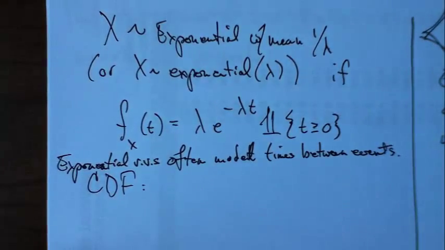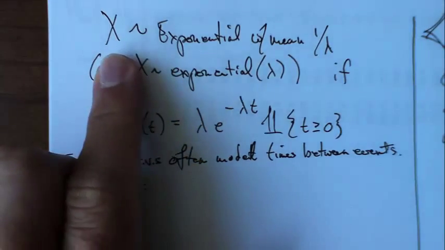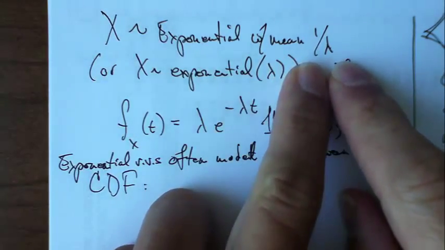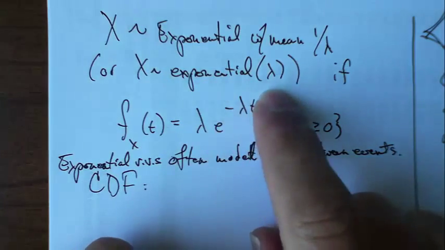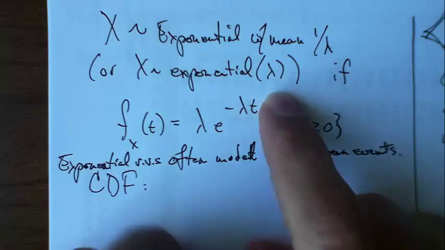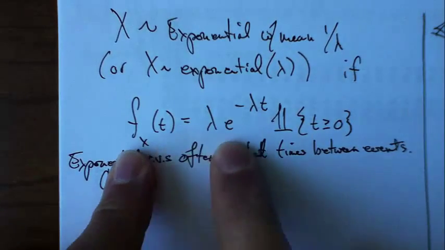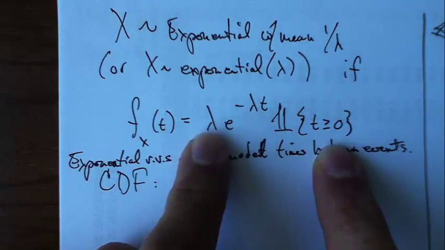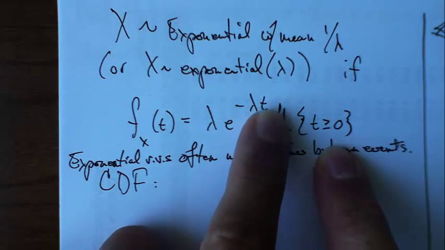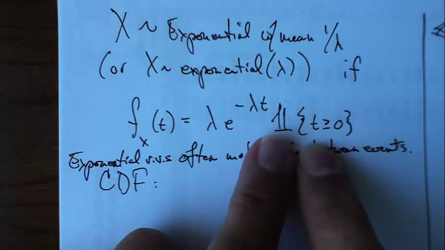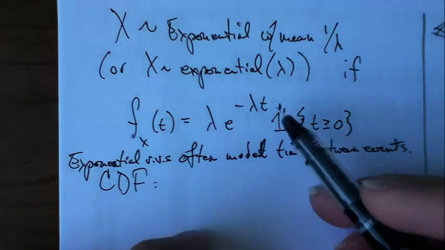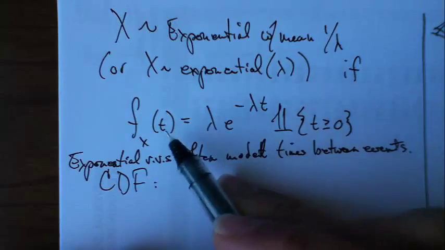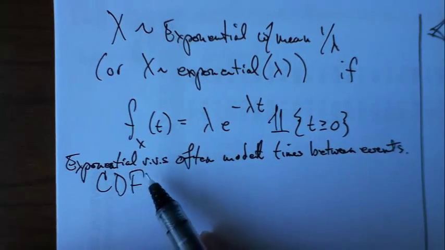Exponential random variables, some of the very best random variables around. We'll say that X is distributed exponential with mean 1 over lambda, or we might write simply that X is distributed exponential with parameter lambda, if its density function looks like this: lambda times e to the negative lambda t times the indicator that t is greater than or equal to 0. I've used t here instead of x simply because